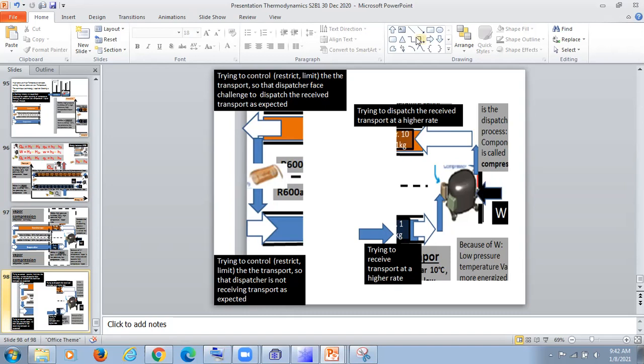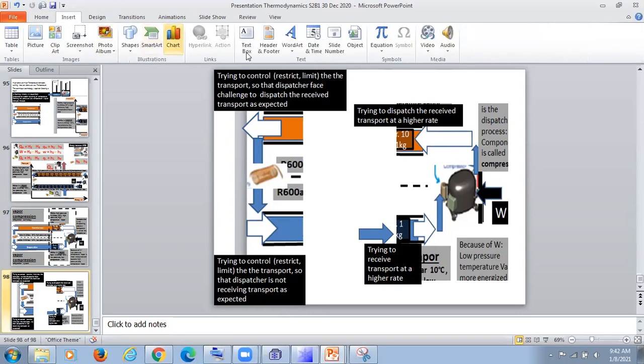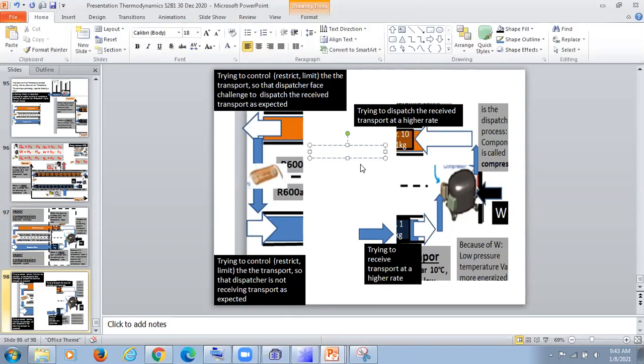So as a result, both the components strike a flow balance